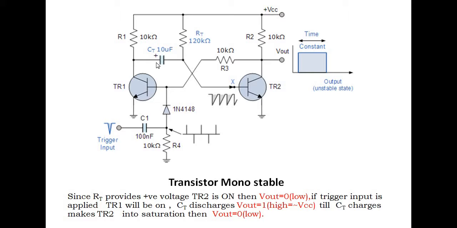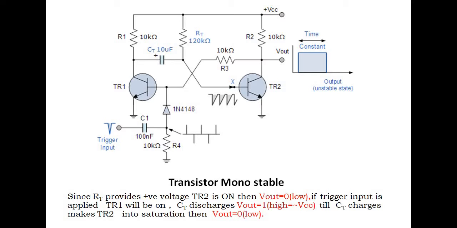Look at here. On the left side, on the TR1 side, we have a capacitor. On the TR2 side, we don't have any capacitor. So this is a completely unsymmetrical circuit. Initially, if you look at the base of TR1, it is given a high pass circuit and a diode. If you look at the base of TR2, it is given a capacitor and resistor. Right? As the resistor is connected to VCC, some part of VCC will be connected to the base of TR2.